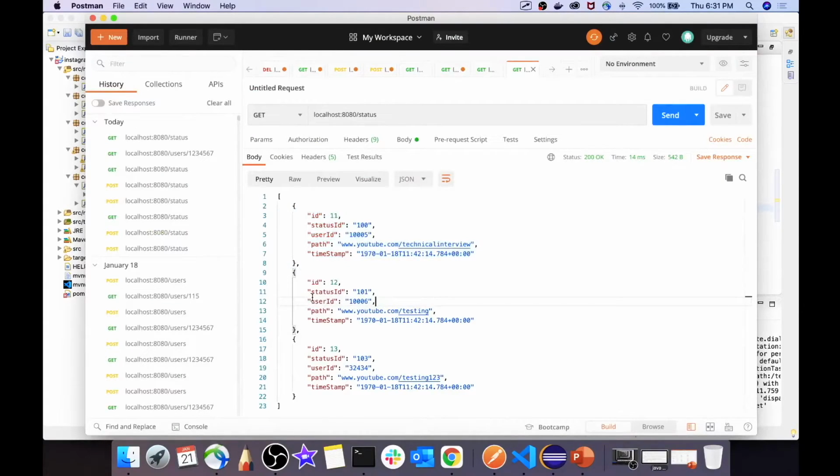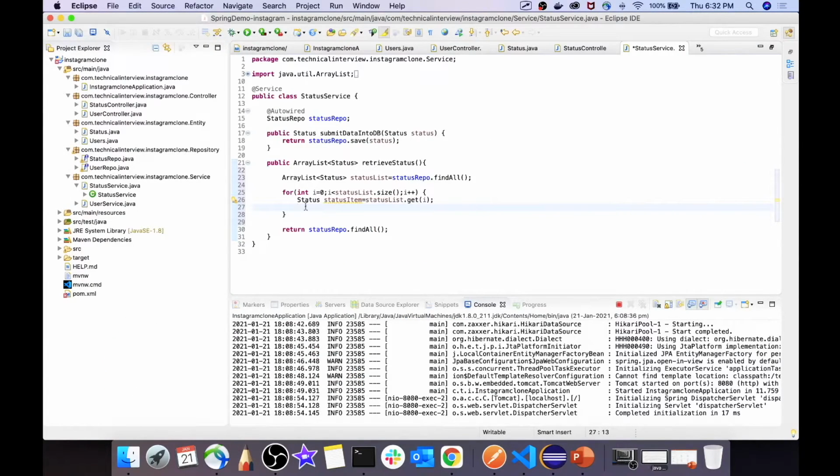Now based on this user ID, we have to call our user API to get the username for this user ID. So we will directly call the user service from here. But remember, this is not the actual way by which you should implement a microservice application. But since the project over here is quite simple and a demo project, that is why I am implementing it in this way. If you really want to know how a large-scale microservice is developed, feel free to let me know in the comments so that I can make a separate video on that topic so that it will be easy for you to understand. So let's start with this implementation over here.